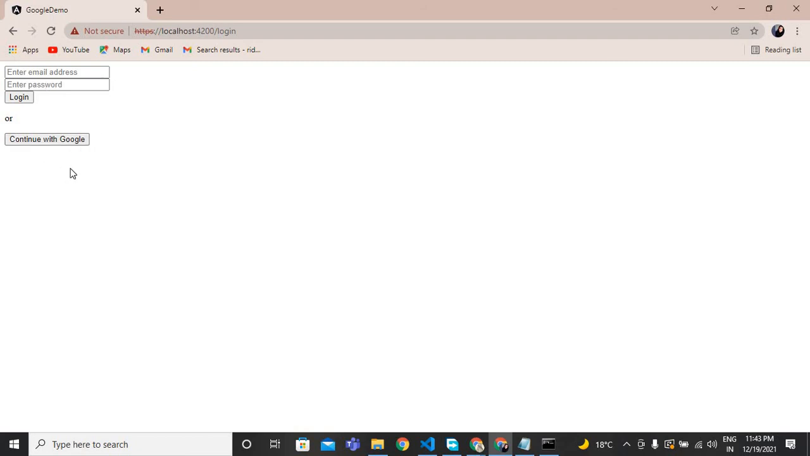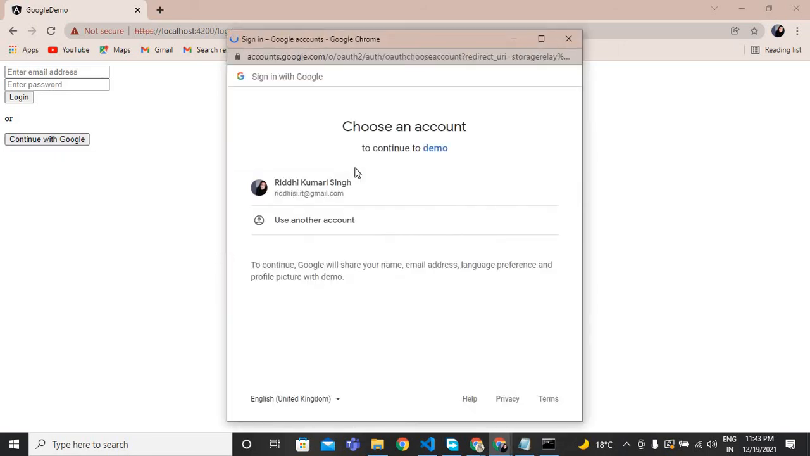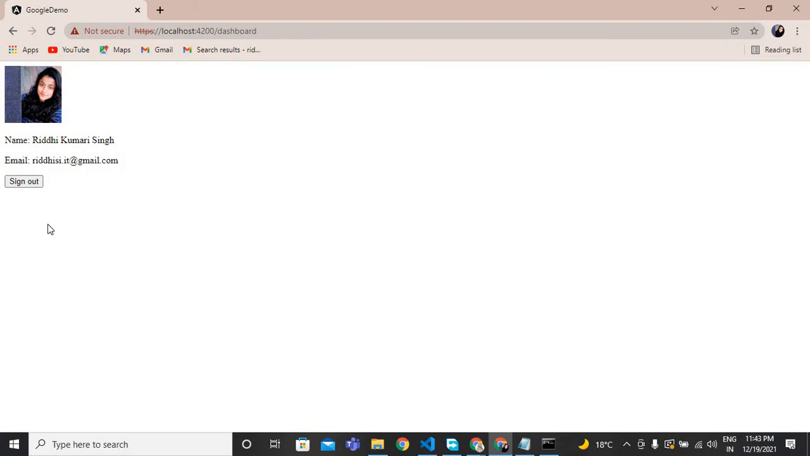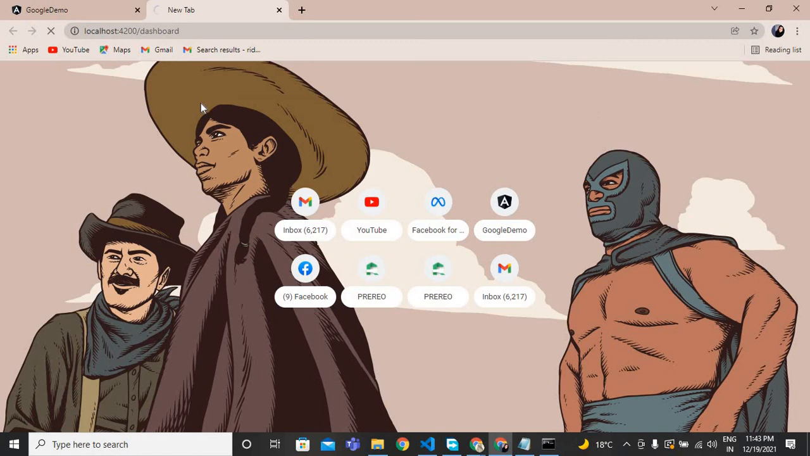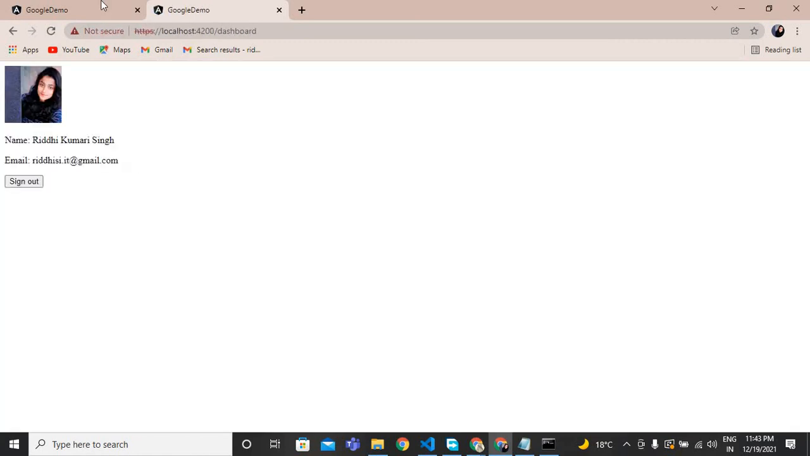The CSS is not present. You can go and check the CSS from the GitHub link. First we'll click on continue with Google. As you can see, we are getting this pop-up page, and click on the Gmail ID. Over here we are getting these things. If I copy the same URL and paste it over here, then we'll be redirected again to the dashboard page, and if I click on sign out,